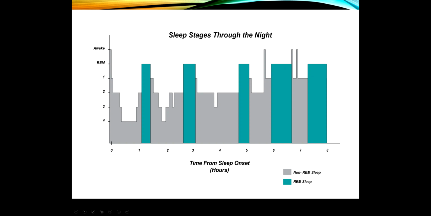All right, so here's a nice drawing that a student did for me just a couple of years ago to illustrate the different stages of sleep. And I'm sorry to insult all of you by putting it out to 8 hours, but there it is. So notice that when you fall asleep, you go pretty quickly down to stage 4 sleep. And so the deeper stages of sleep occur during the first third of the night.